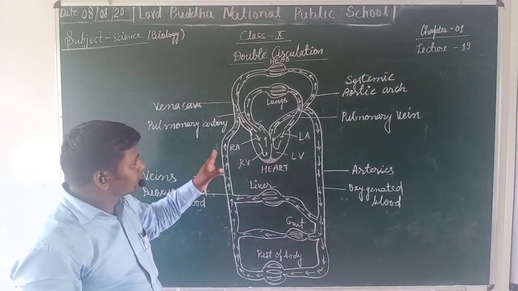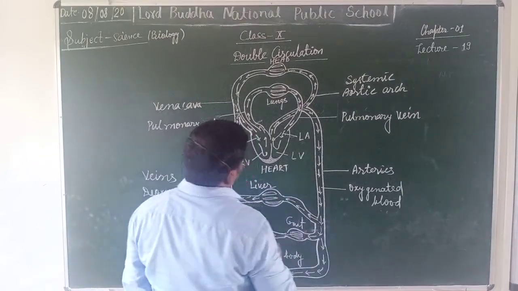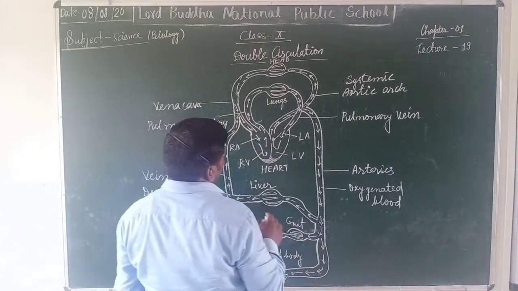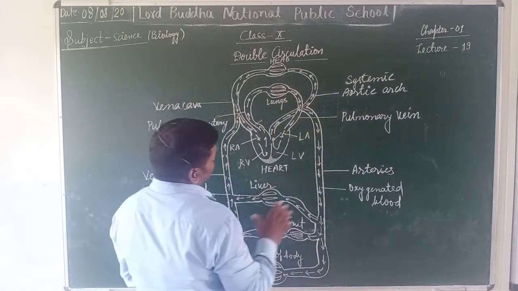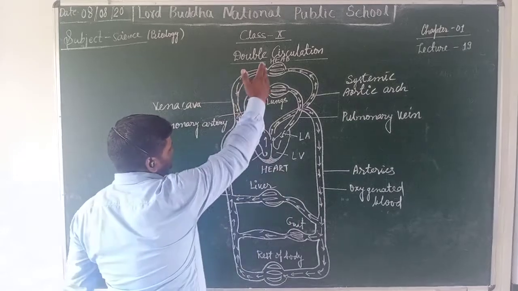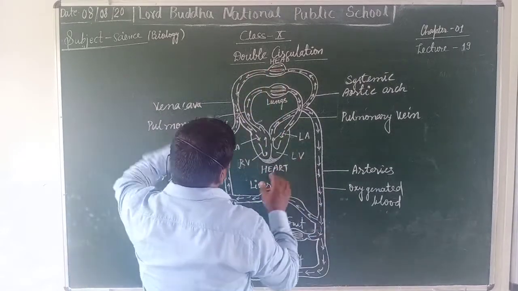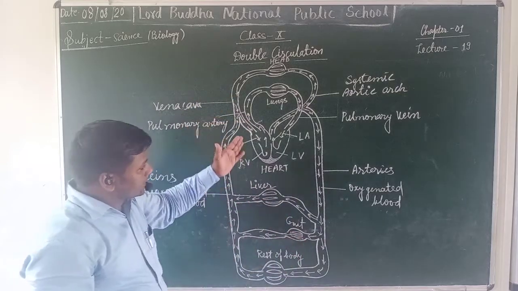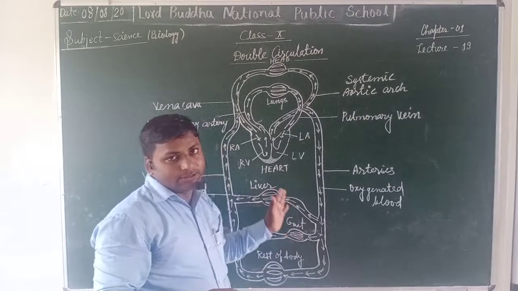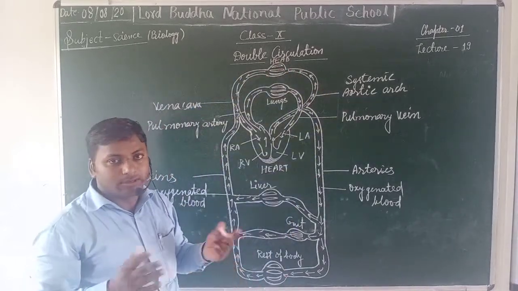Thus, students, this is the topic. I hope you have clearly understood how the blood circulates in our body in two halves, and this pathway of blood circulation inside our body is carried out in two phases. That's why this is called double blood circulation or double circulation.